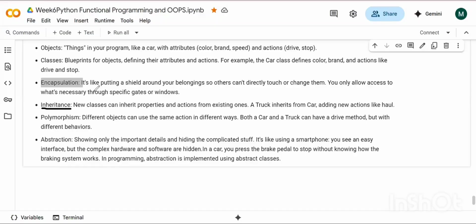That is known as inheritance in Python. See, new classes can inherit the properties and actions from the existing ones. A truck inherits from car, adding new actions like a haul. Is everyone clear?